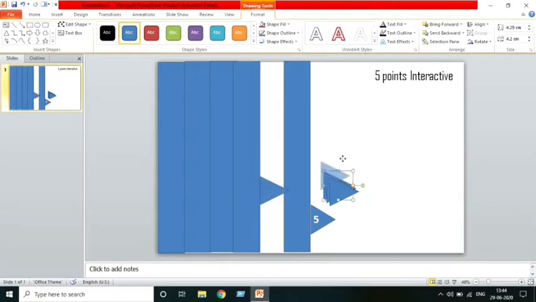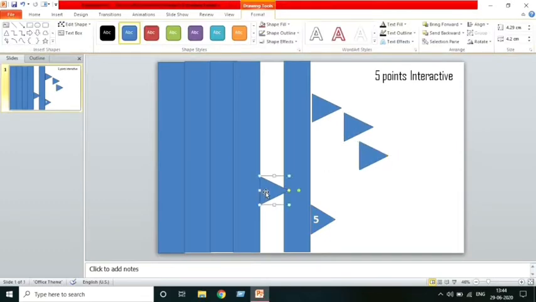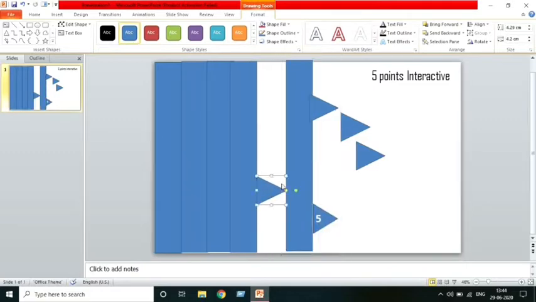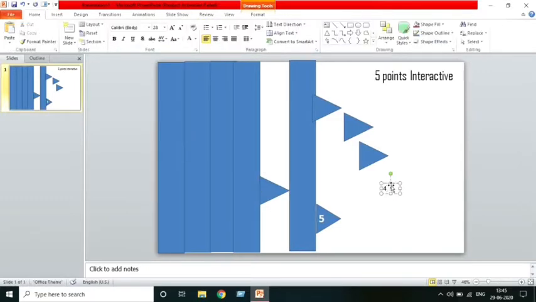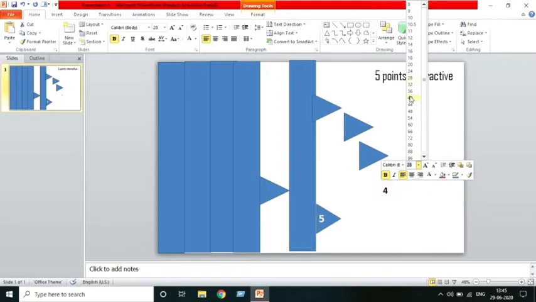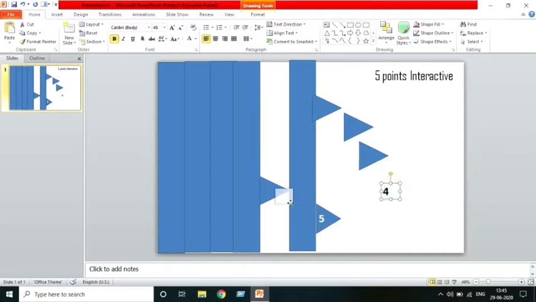So here you can see we are pasting this. We will just keep these things aside. When we need that, we can take it. Okay, so here you can see we have placed this triangle over here, and as I told you that we are going to group, so again insert the text into that text box, and this will be number 4. Again the font and everything you will take care of with the same number, like we will keep it bold, we will keep it 48. Done, and just try to put it over here.